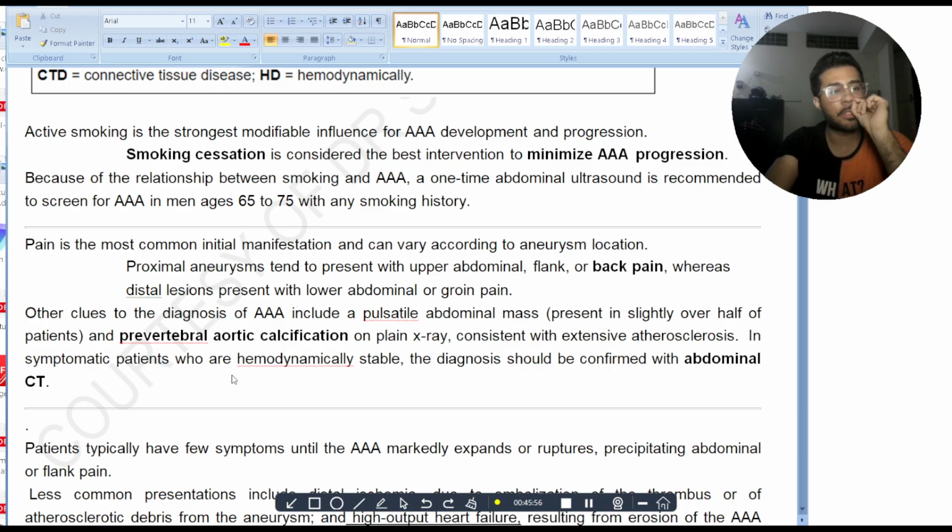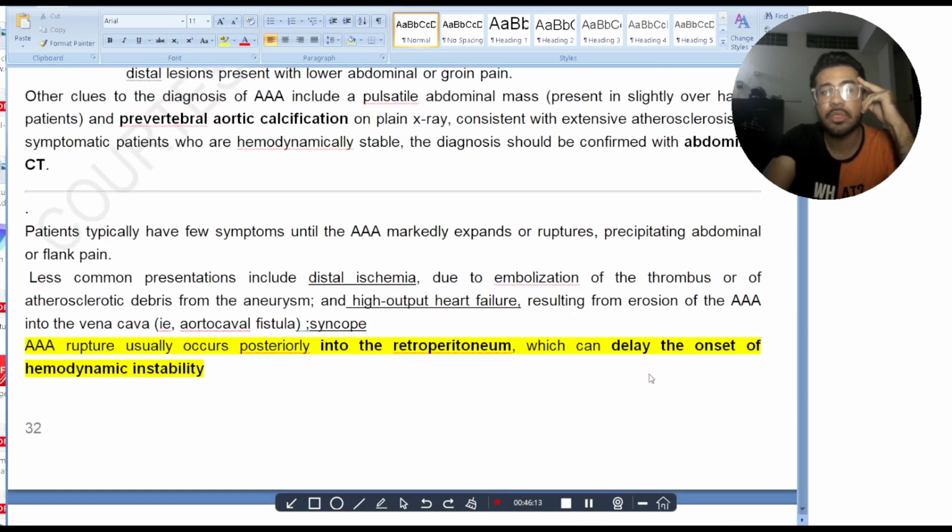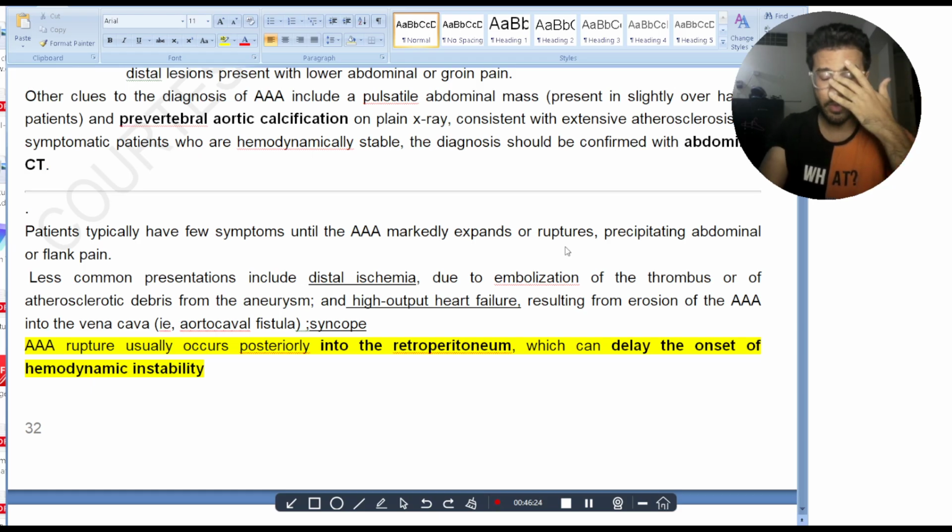In symptomatic patients who are hemodynamically unstable, the diagnosis should be confirmed with abdominal CT if the patient is not a known case of abdominal aortic aneurysm. If he is, then you just go for the repair. Patients typically have few symptoms until AAA markedly expands or ruptures. So that's why it is asymptomatic initially and it becomes unstable when the size becomes really large, precipitating abdominal or